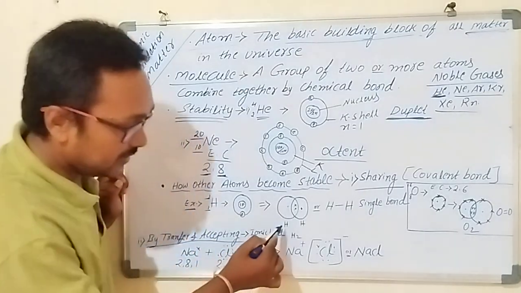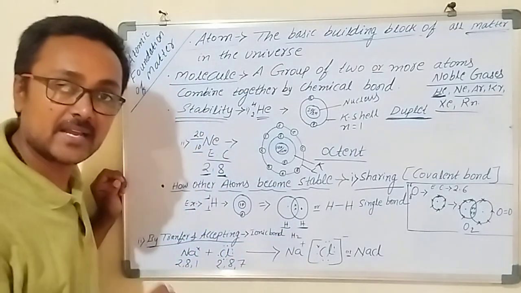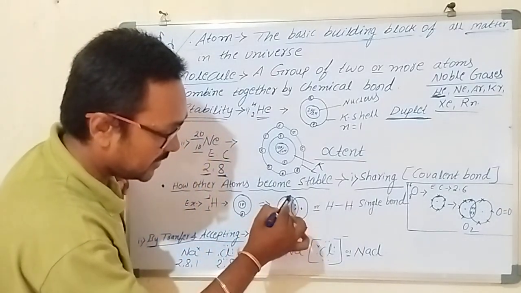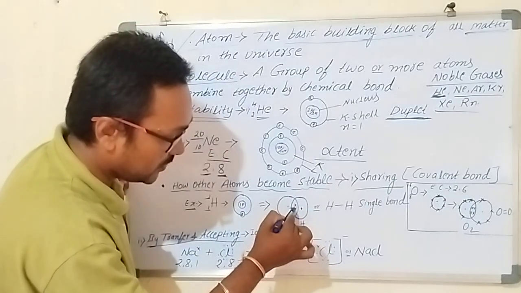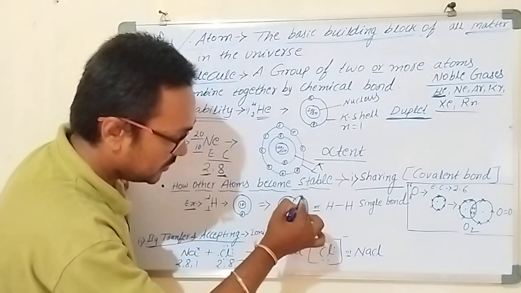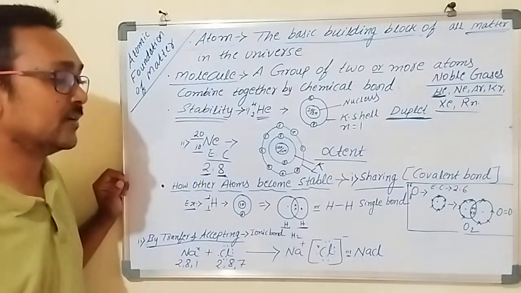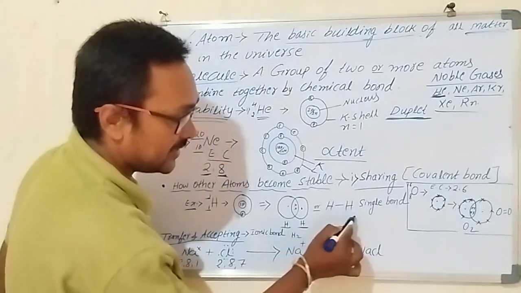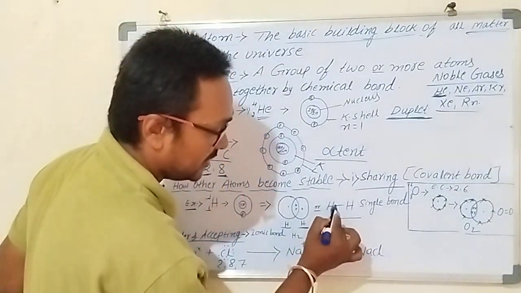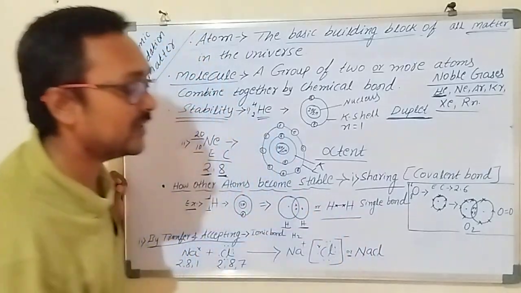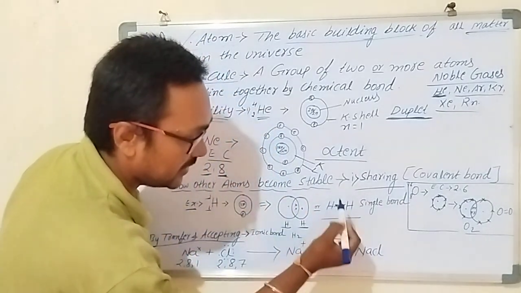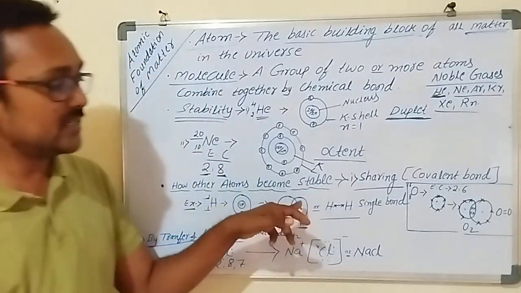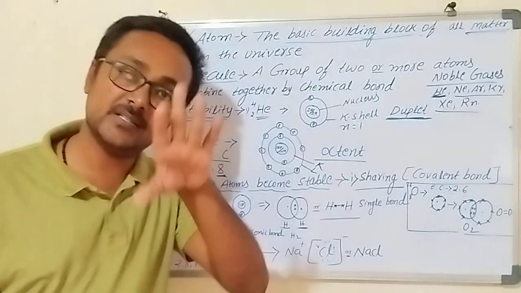Now how can they share? There will be two hydrogen atoms, they can mutually share one electron. So this is one hydrogen atom and this is another one, they are sharing one, so here also 2, so here also 2, means each is sharing one electron and they become stable, means duplet formation takes place. We can also write it like this, H single bond H. Why is it considered a single bond? Means one pair of electrons, hydrogen here has one electron and hydrogen here has one electron, they are sharing with each other. One pair of electrons they are sharing, means single bond formation will be there.